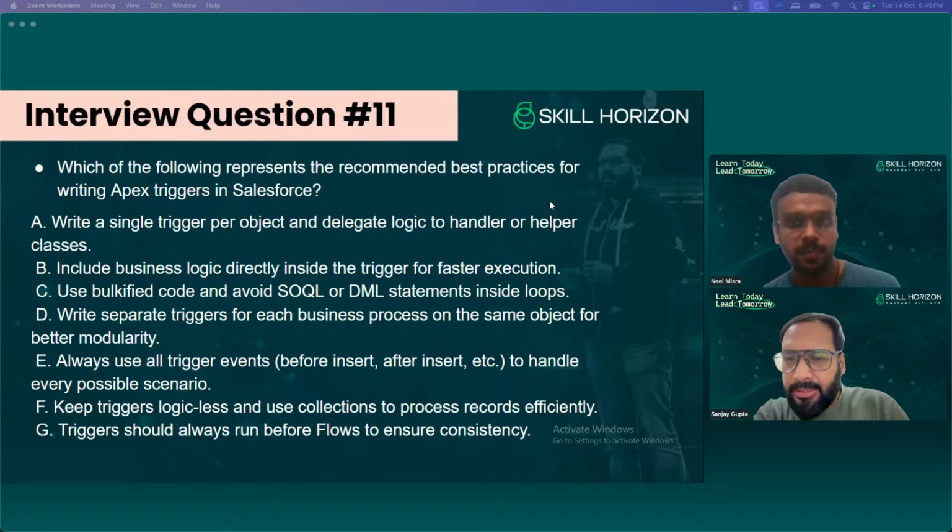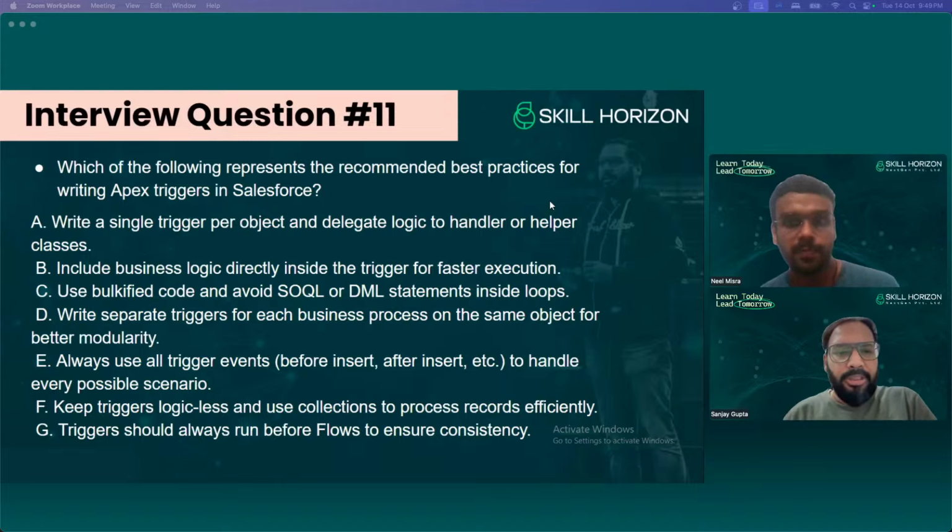And I can see Kushal, you are right. Amit Dubey, you are right. Gaurav, you are right. Suraj, you are right. Vipin, you are right. Madhuri, you are right. Shradul, A, C, and F should also be there. So mostly you gave the correct answer. I am really happy, we have a quite intelligent audience. Everybody is able to know what the correct answer should be as per best practice. I appreciate your efforts. Keep guessing the correct answer. So let's jump on to interview question number 12.